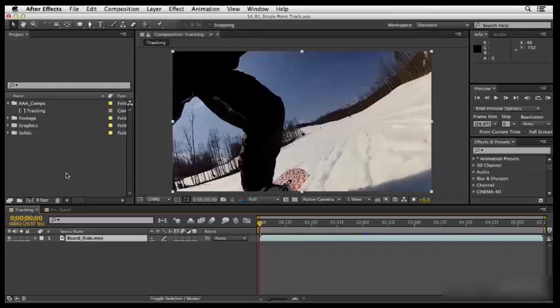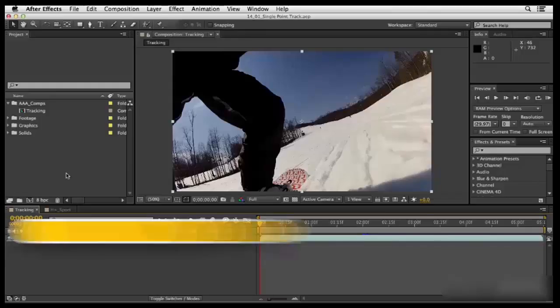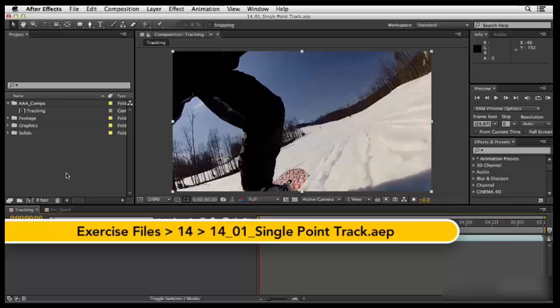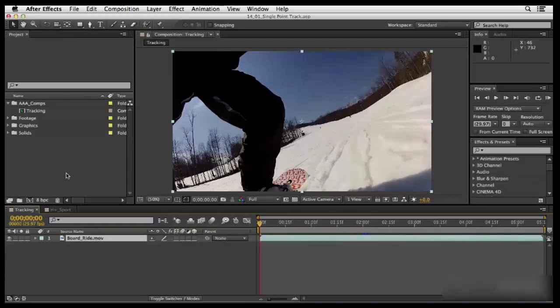Motion tracking is the process of following a pixel or group of specific pixels around your scene, and then taking that data to drive other elements in your project. The most common example is having graphics fly around the scene, making them look like they're tied to an individual element. In our project today, we're going to use a single point tracker to tie a graphic to the end